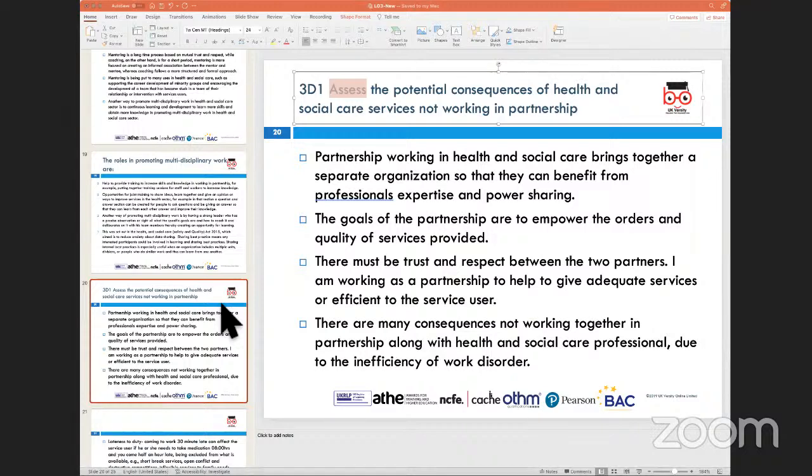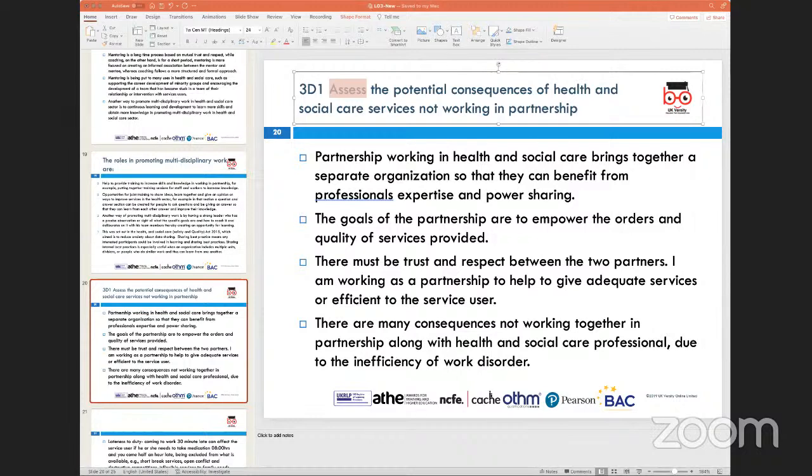One will blame the other, saying, okay, this is not my work, this is something which has to be done by somebody else. And there would be an essential case wherein things would not happen as they are planned. That would mean patients' care would get affected, or there'll be poor outcomes as far as patient care is concerned. Sometimes it could also lead to an increase in costs, because partnerships not working means duplication of work and duplication of services is happening.